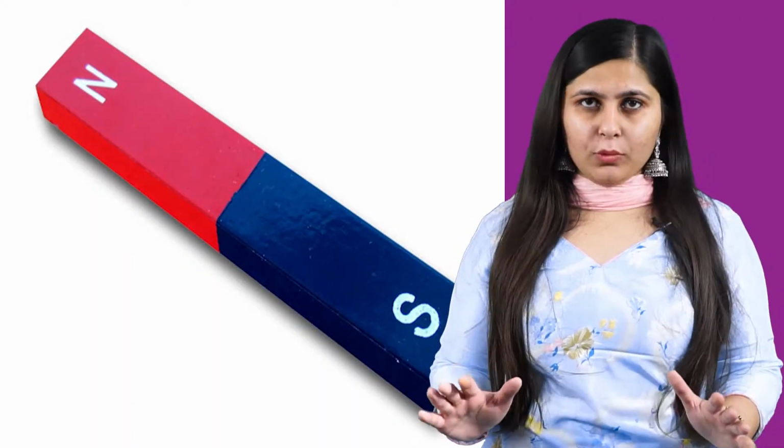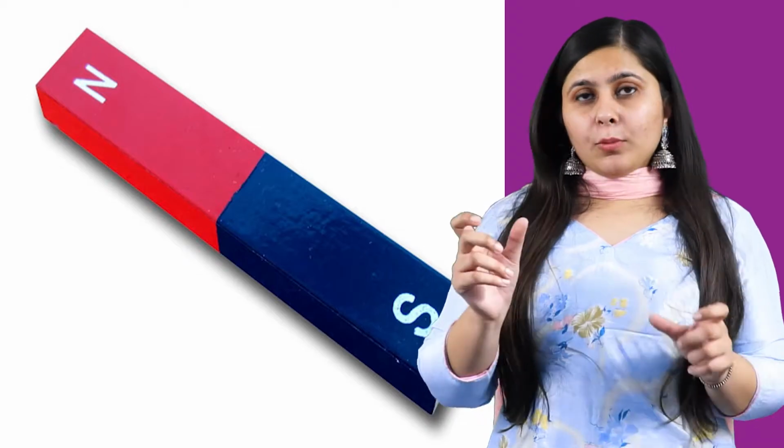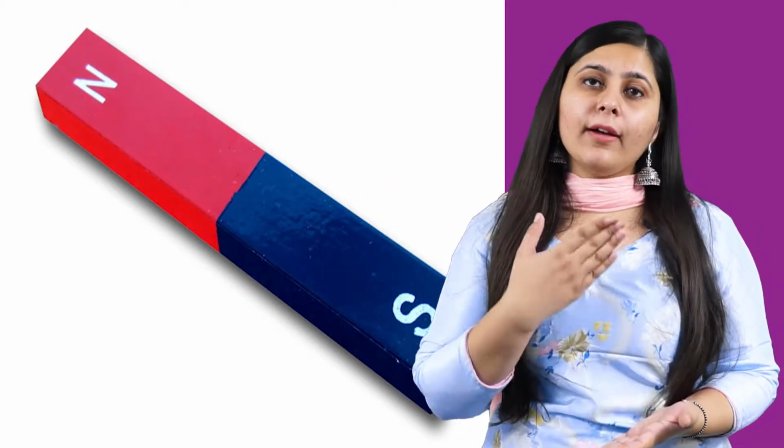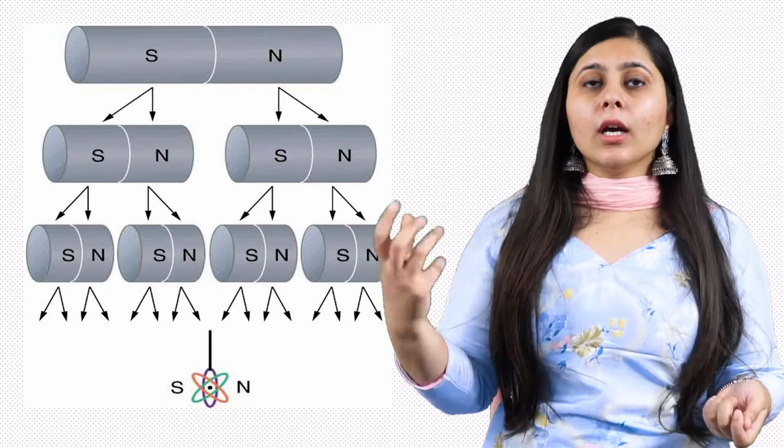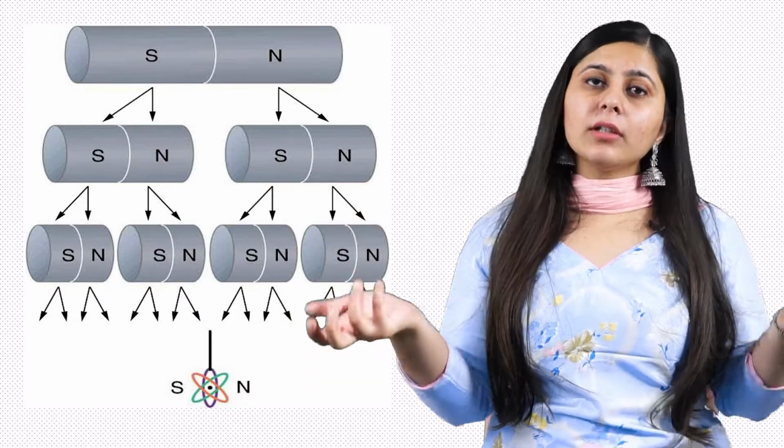So the third fact about magnets is that they always exist as dipoles, as you can see in the diagram. So now what is a dipole? Tell me. From the word we can make out, di means two and pole, that is the side. So a magnet will always have two sides. Now most of you must be thinking, what if I break the magnet from between? So one half will have a north pole and my second half will have a south pole.